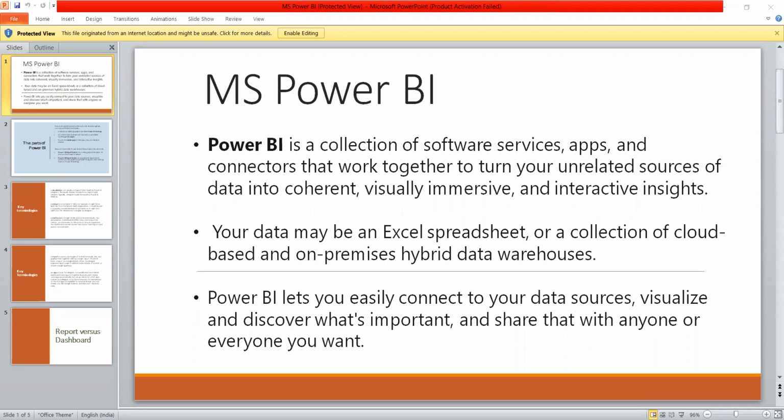So moving on to next slide. Parts of Power BI. Basically, there are three parts of Power BI that are widely used and that we would be covering. The first is Power BI Desktop, second is Power BI Service, and third is Power BI Mobile Apps.